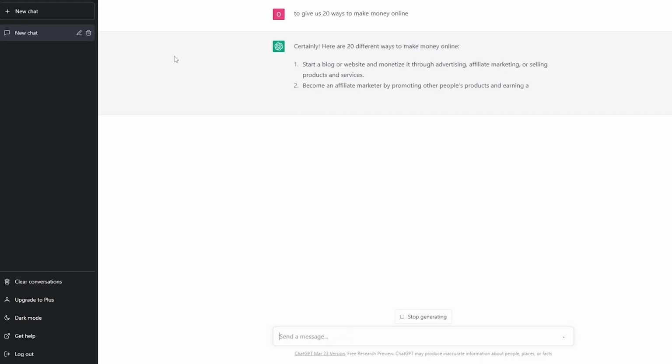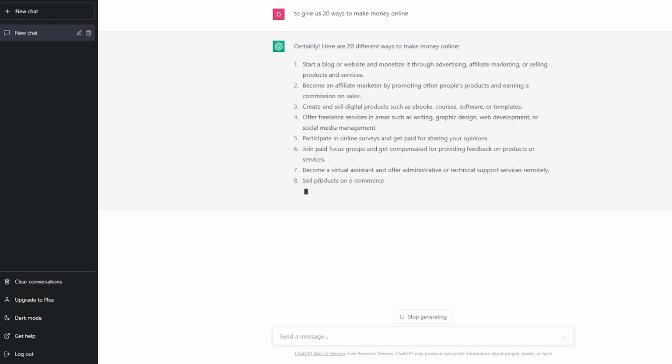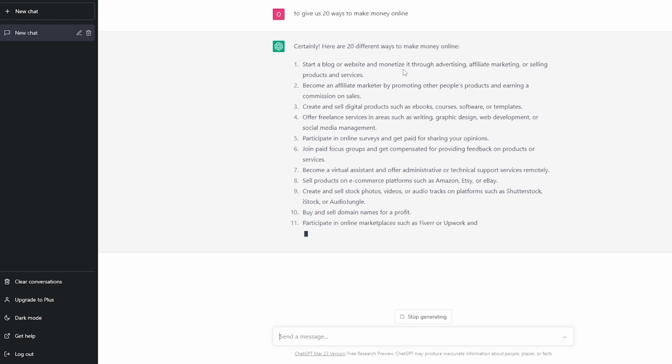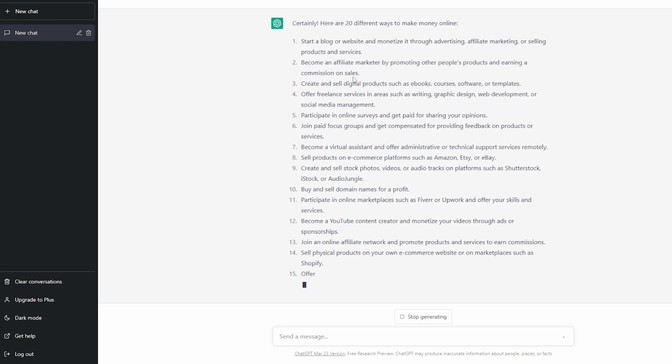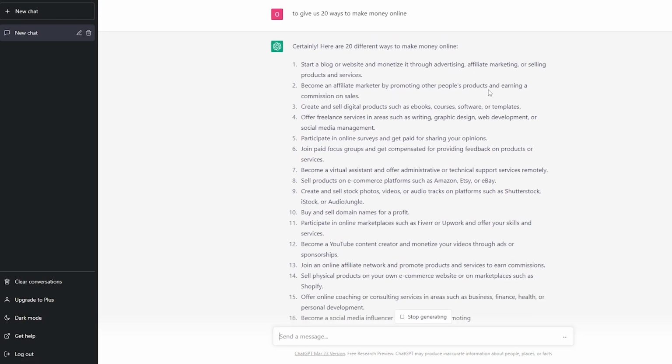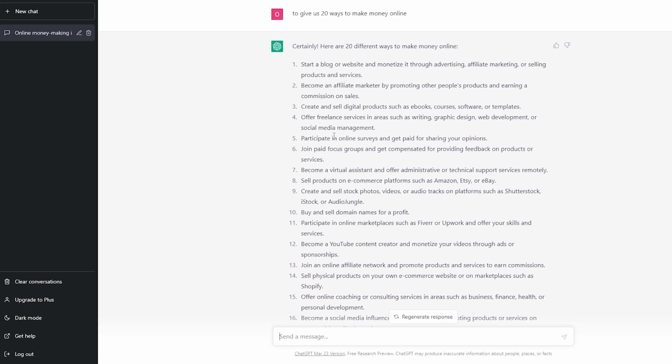And it's starting to write us 20 different ways to make money online, right? So here we go. As you can see, it's giving us a pretty decent list. These all look really nice. Starting a blog or website, monetize it through advertising, affiliate marketing, or selling products. Pretty good idea. Become an affiliate marketer by promoting other people's products. Another great way. Sell digital products or create them as ebooks, courses, software. Great option. Freelancing services, another good option. So as you can see, these are all great options and we can actually use them and create different social